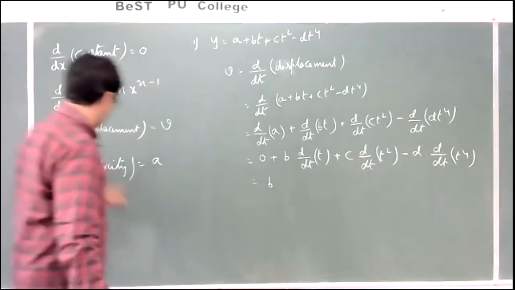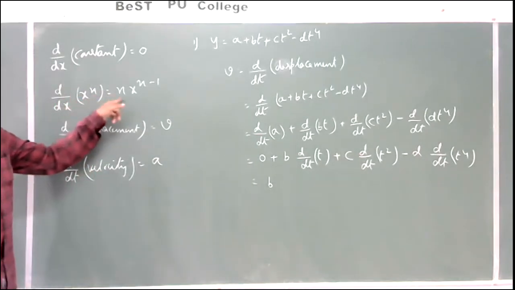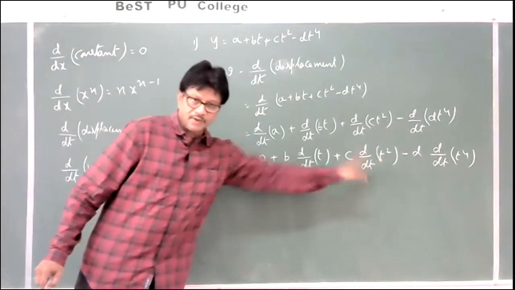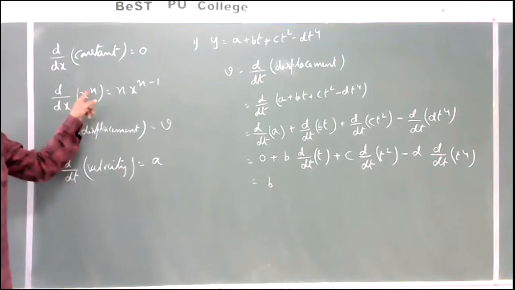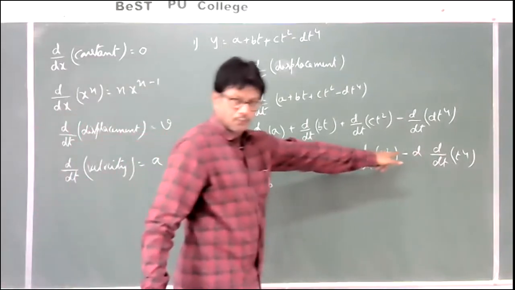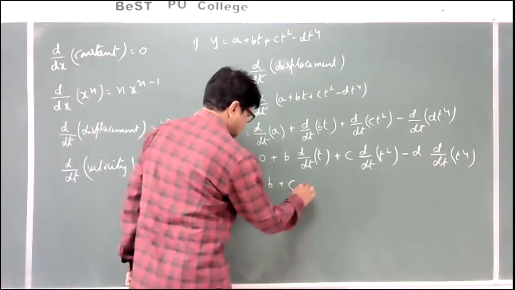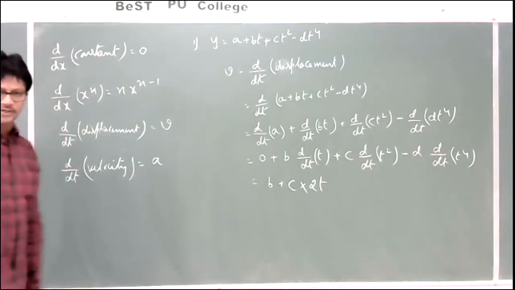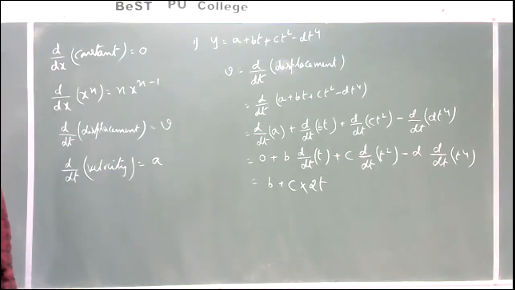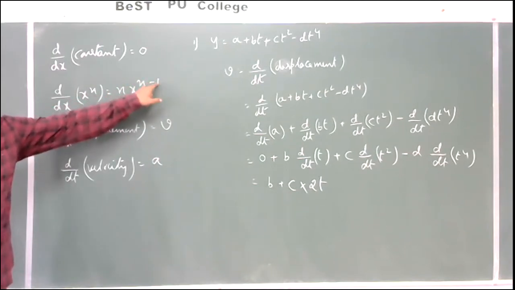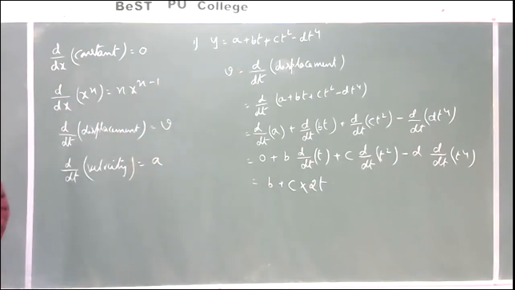Here already we know it is in the form of d by dx of x to the power of n. Here x, here t. So same formula we can apply: n into x to the power of n minus 1. What is the n value here? 2. So plus c into, if you differentiate that, we'll get 2t. Yesterday we discussed x square differentiation is 2x. Here n value is 2, so 2t to the power of 2 minus 1. 2 minus 1 is 1. So the answer is 2t only.